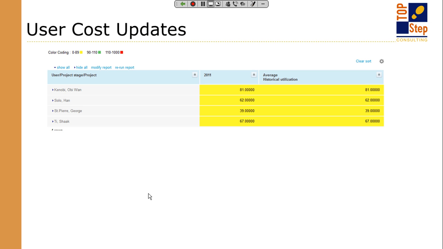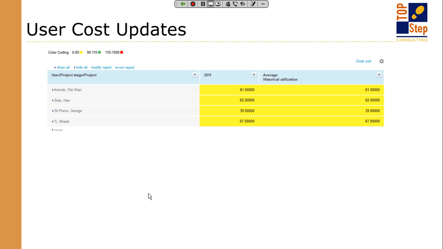And each of these resources came up with 81%, 62%, 39%, 67%, some kind of % utilization. The goal here is that you're using this % utilization to drive what the cost impact, because you're paying them to be full-time. So ideally you're seeing 100, 105, 95, something like that. You're seeing that they've spent more than 40 hours a week. But you run this